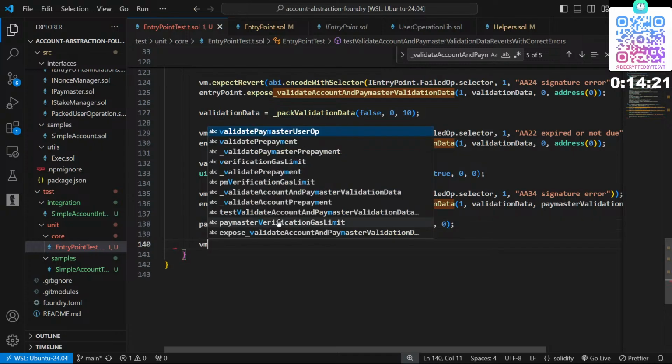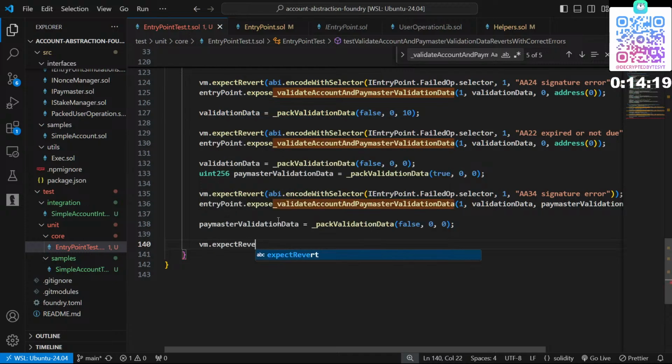Then vm dot expect revert, abi dot encode with selector. Okay, then pass this thing, entry point dot field of dot selector, comma 1 comma